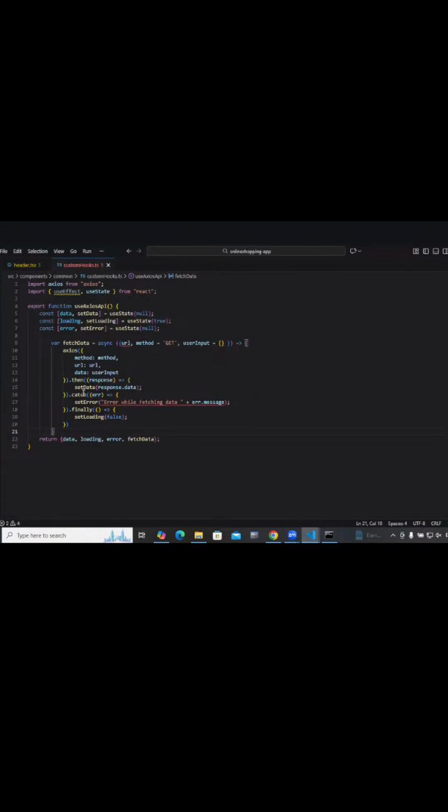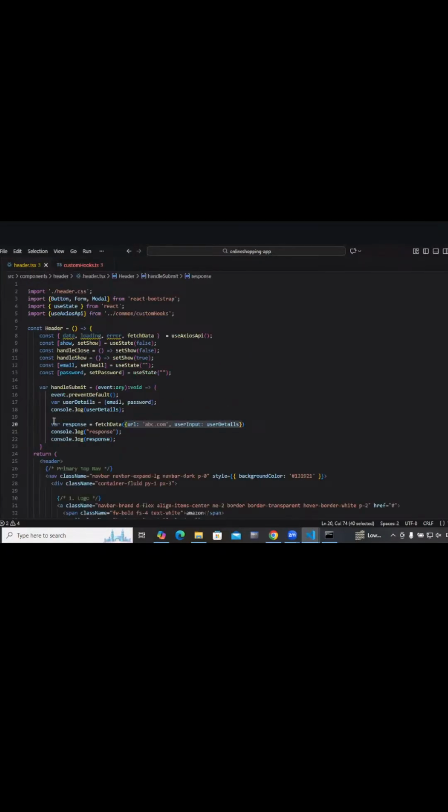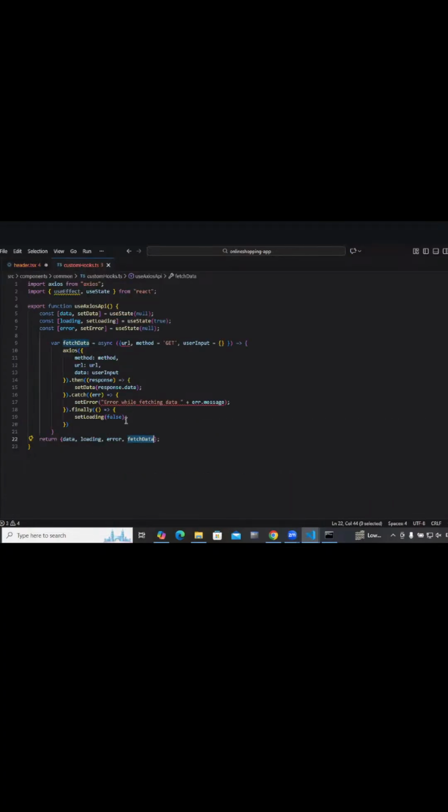So from here, we are returning the fetch data, access store method, set data response. Sir, I think we have to print data.